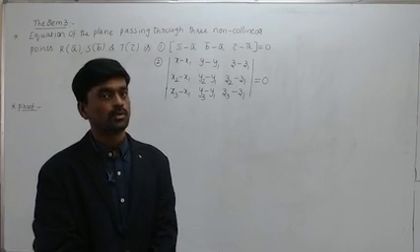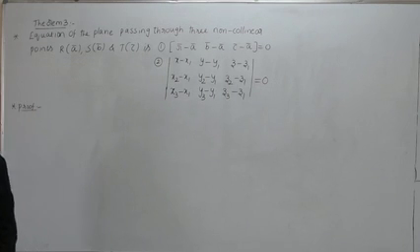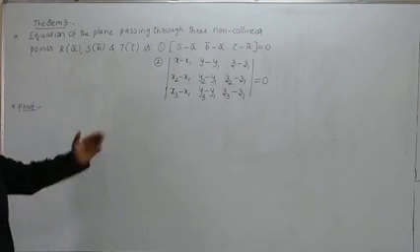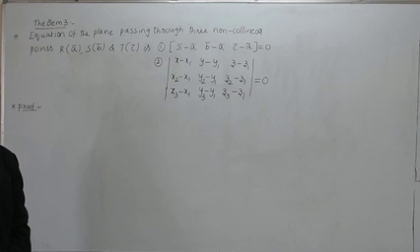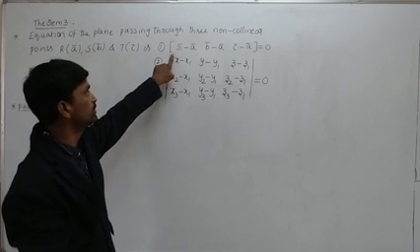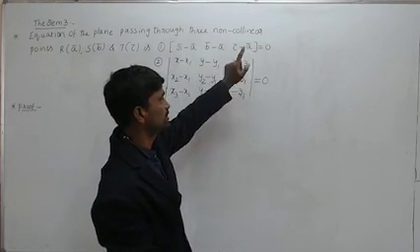So today I'm going to explain the theorem. Look at the statement. Equation of the plane passing through three non-collinear points R, S and T whose position vectors are respectively a bar, b bar and c bar is: this is a box product, that is scalar triple product, [r bar minus a bar, b bar minus a bar, c bar minus a bar] is equal to 0.